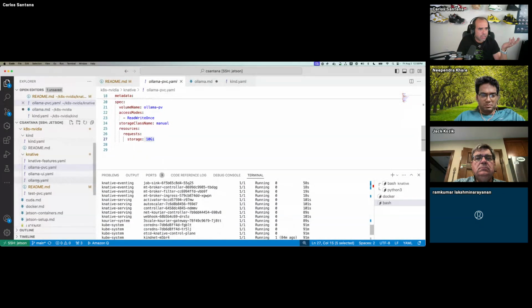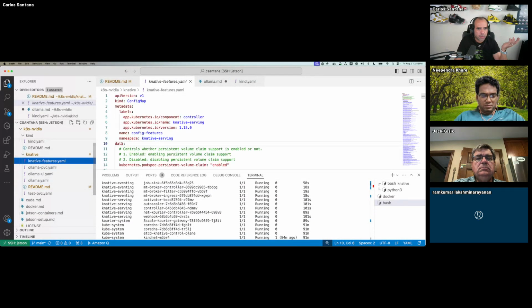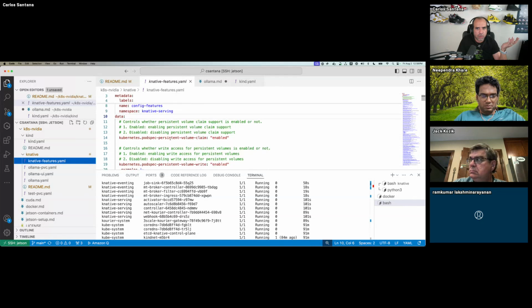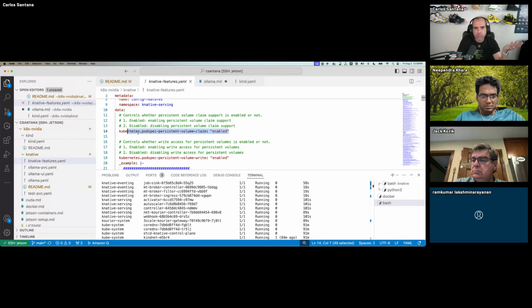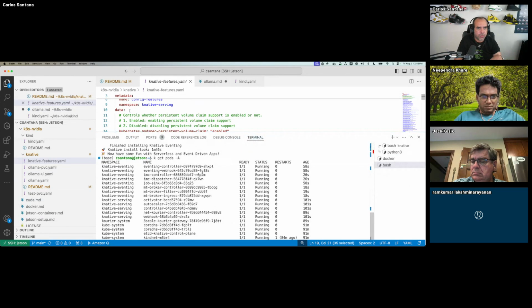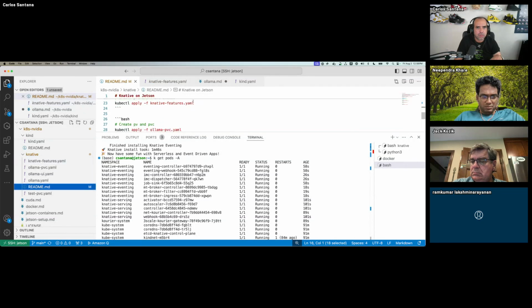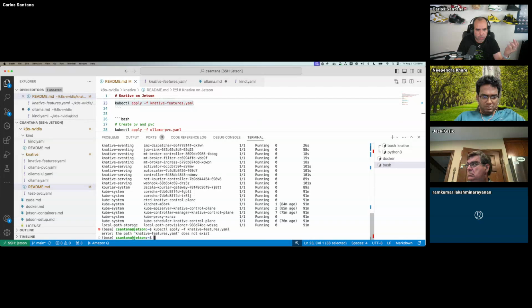So it's running. The next thing you have to do is enable two features in Knative that don't come by default: allow the use of volume claims, and allow writing into these volume claims. If not, you will get an error. So let's do that. And this is the same process you would do for